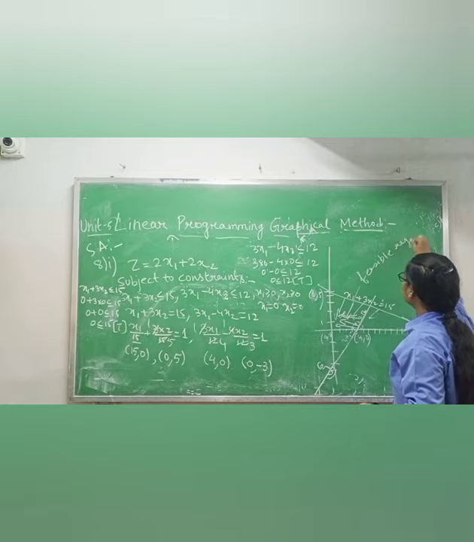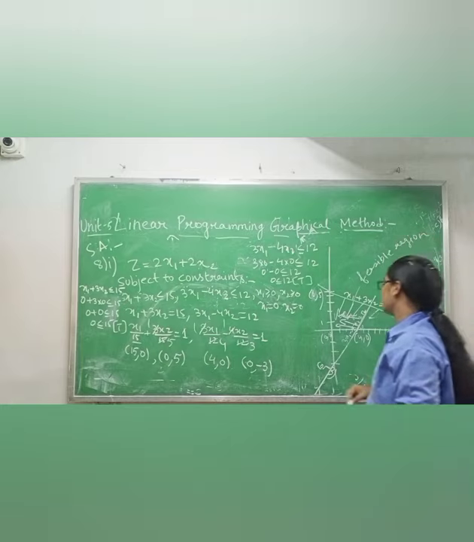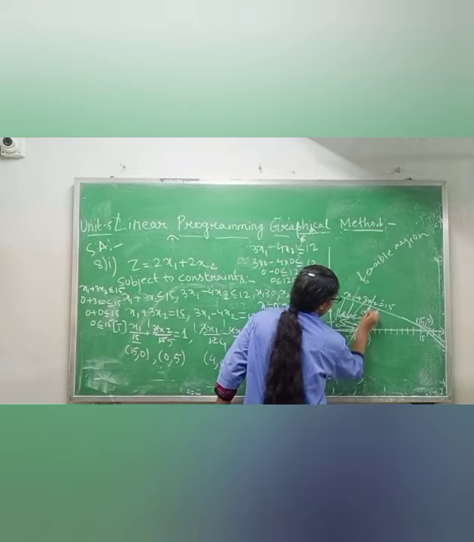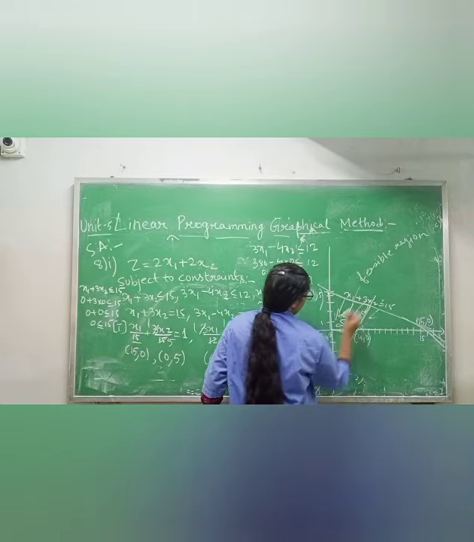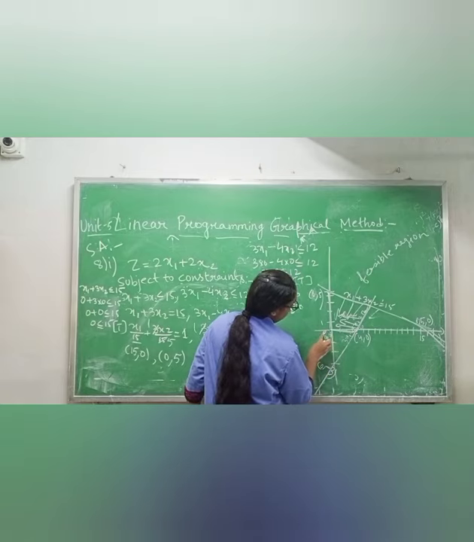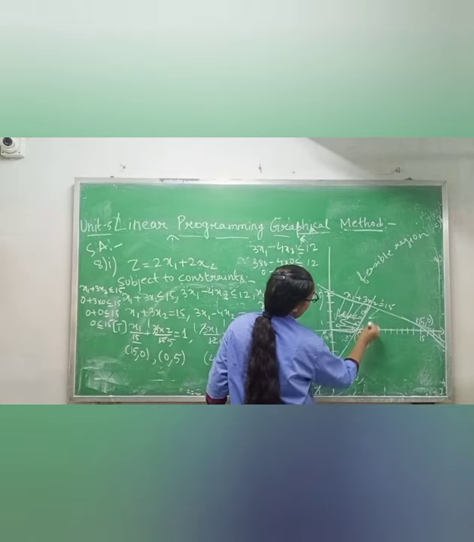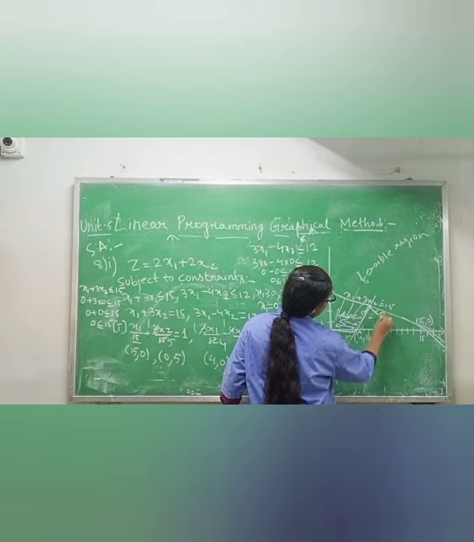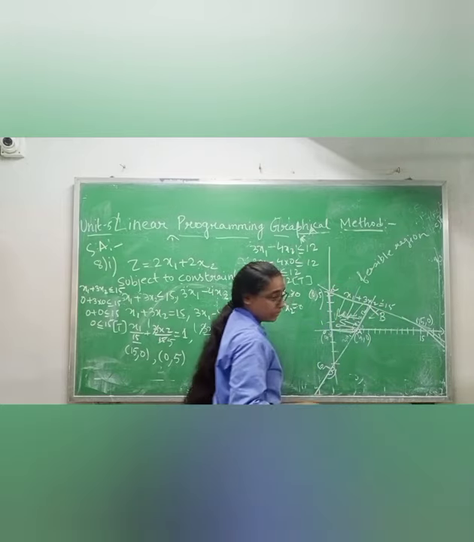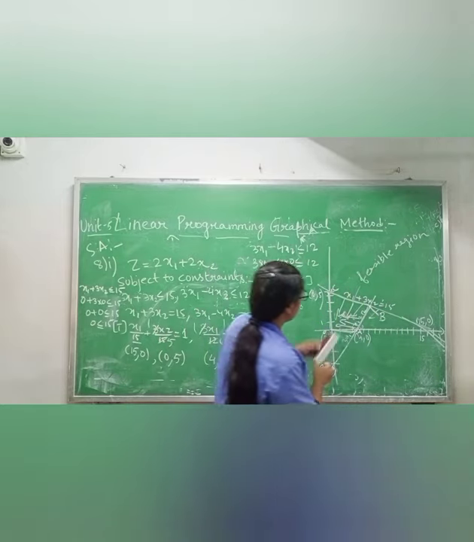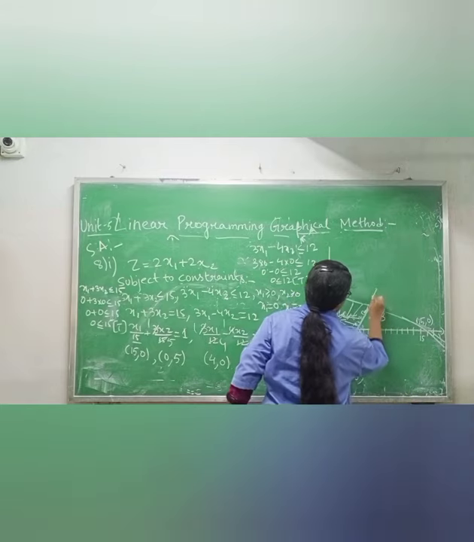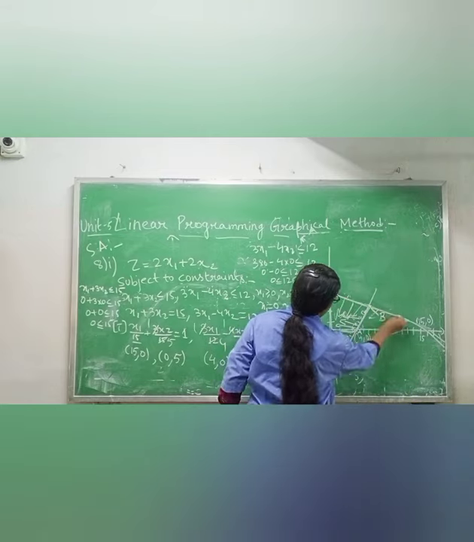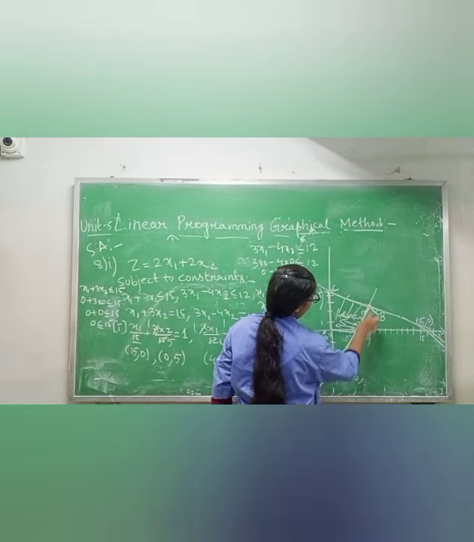After that, they are telling us to find the corner points of the feasible region. So of course, this one is the only feasible region. I am giving the name O. Here I am giving A. And this one I am giving B, and this one I am giving C. I am rubbing some portion so that you will understand it clearly. So this one is O, A, B, C.